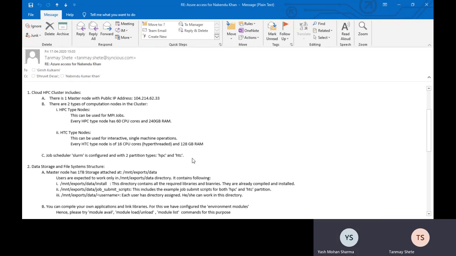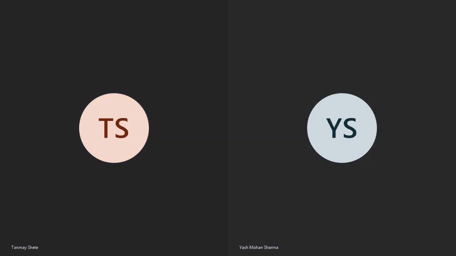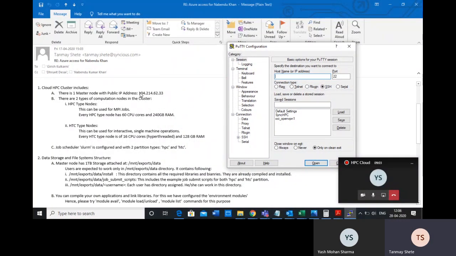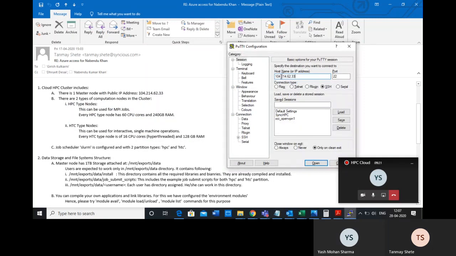Okay, now I'm sharing my screen again. You can see here the master node has a public IP address, 104.2.1.4. This is the IP you will enter in PuTTY.